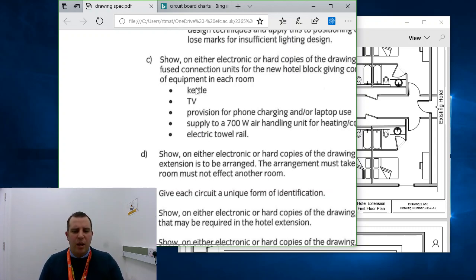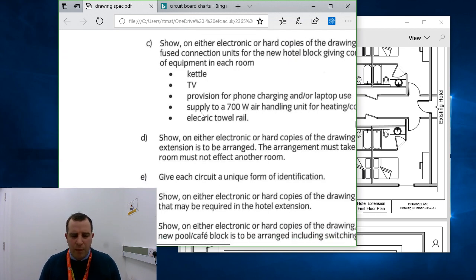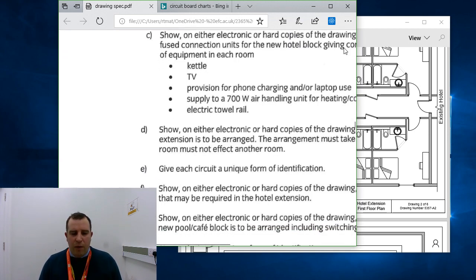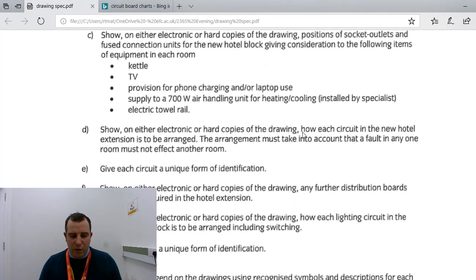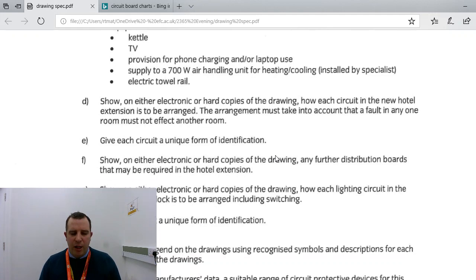You only need to provide the sockets that are shown on here, sockets and spurs that are there for those particular bits. So just looking at those questions as we talked through there, you've got to show how you've wired them, you've got to give them some sort of unique form of identification again. If you're drawing and you can do different colours with your drawings, this is very helpful. Make sure that you can do it. You've added further distribution boards,